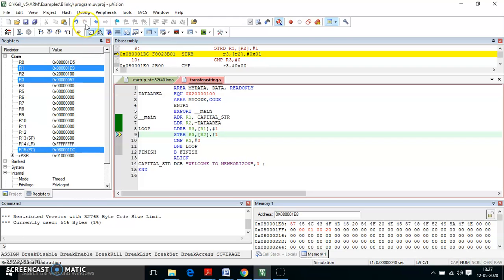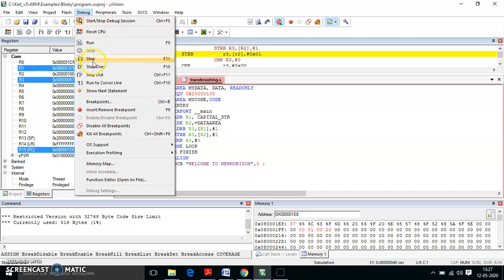Once I start executing, you can see that the ASCII value is being moved via R3. In R3 we get the first data as 57, the equivalent value of W. Like this, it will go on.